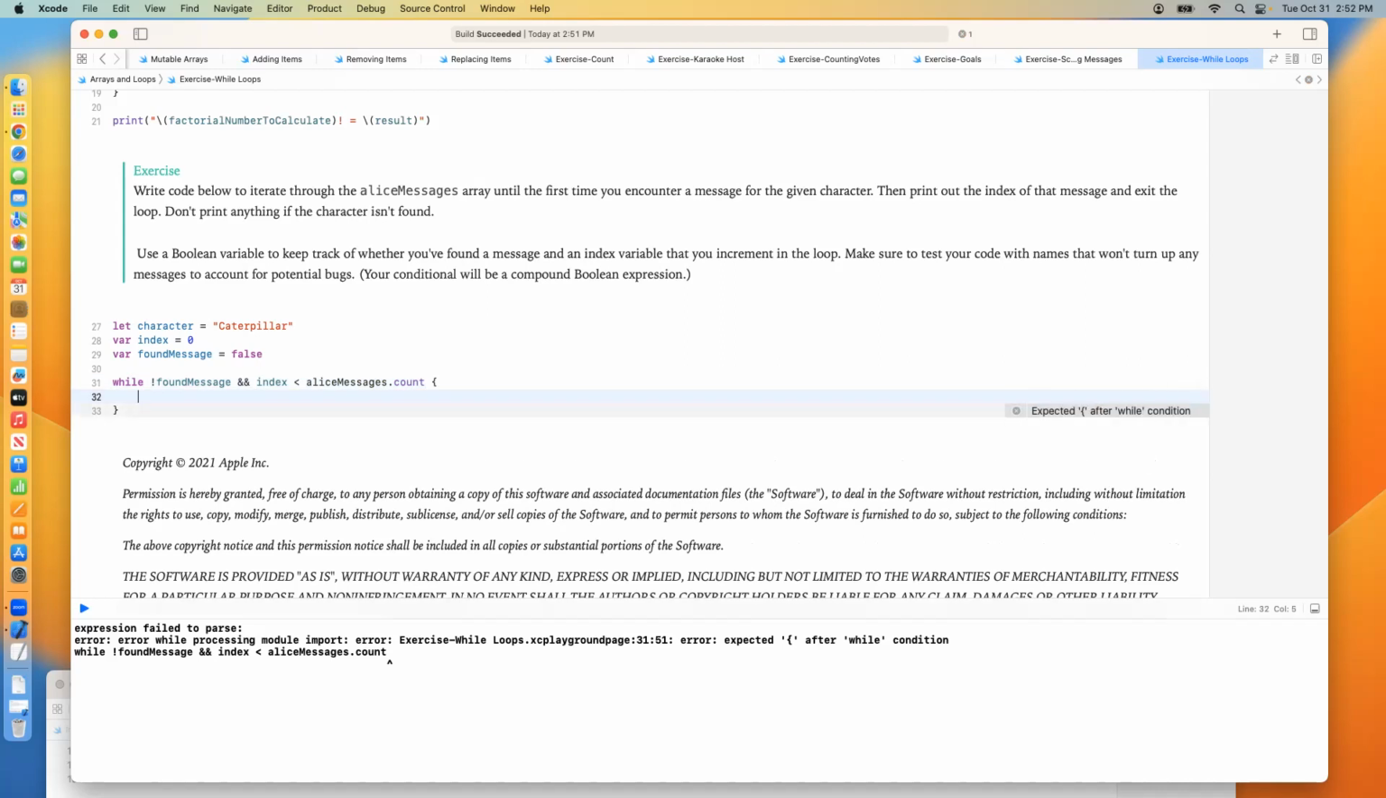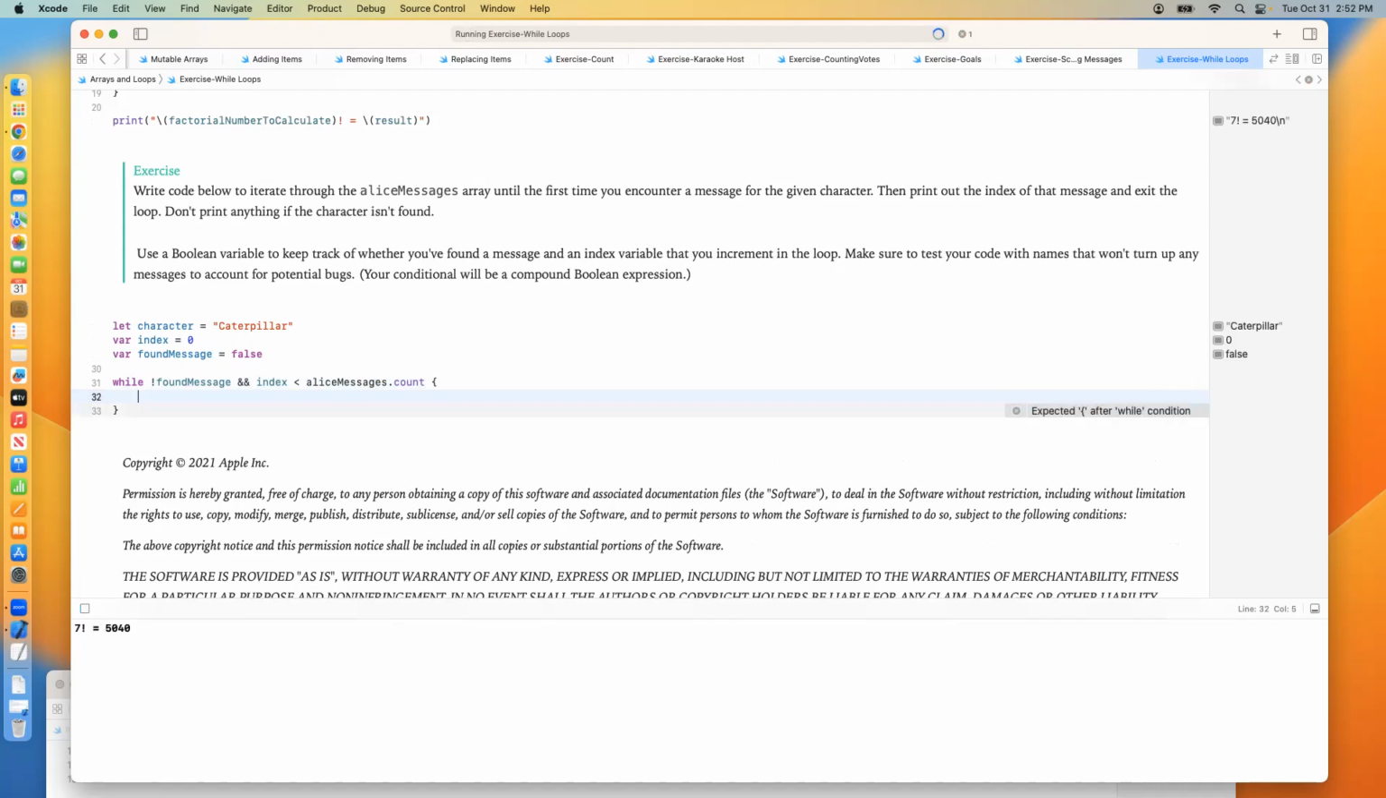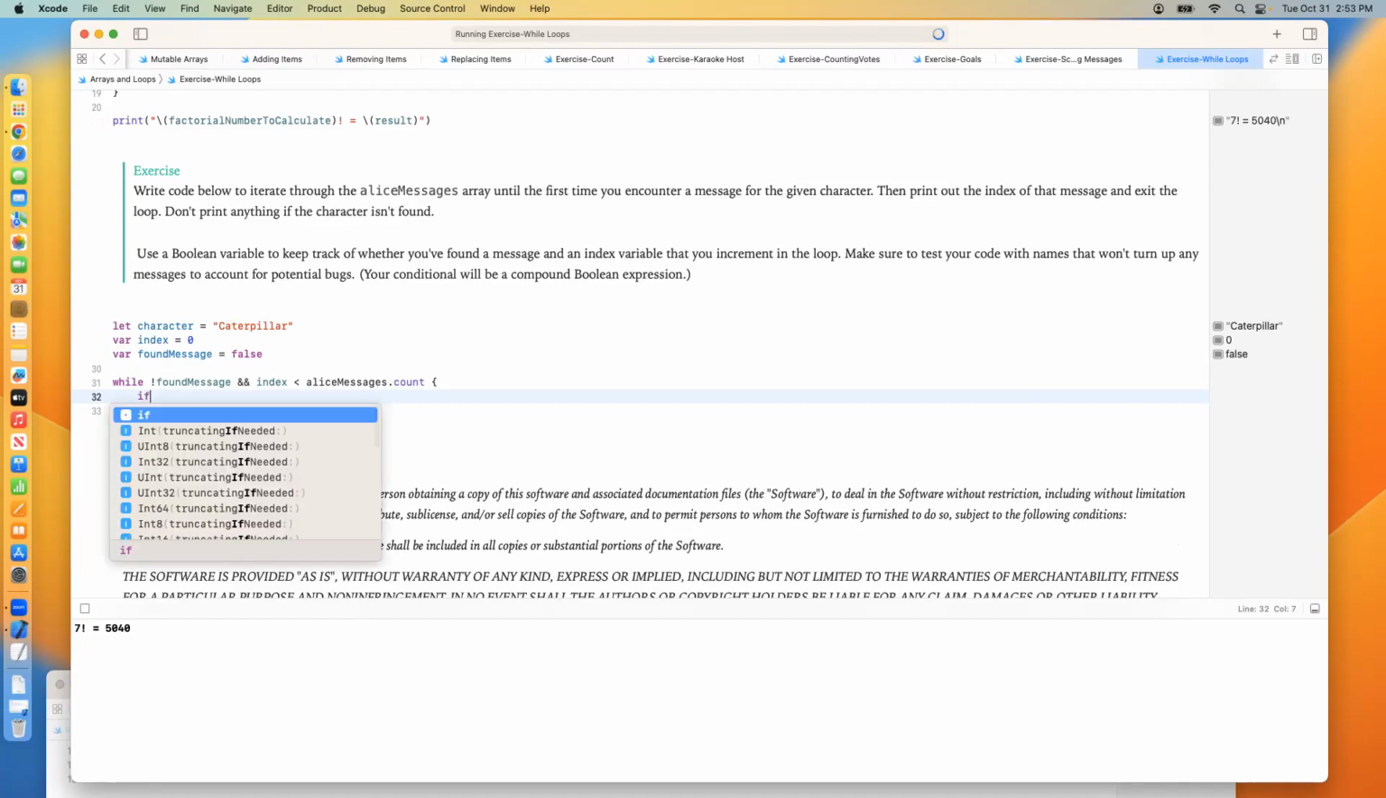All right, let's set up some curly brackets here, and now we will do some internal checking. We're going to check each message one at a time, and then run the contains command to see if that character is listed. If so, we're going to set it to true and print out the index number. We don't need the message, just the index number of where it first appears. So let's type up that logic. So if